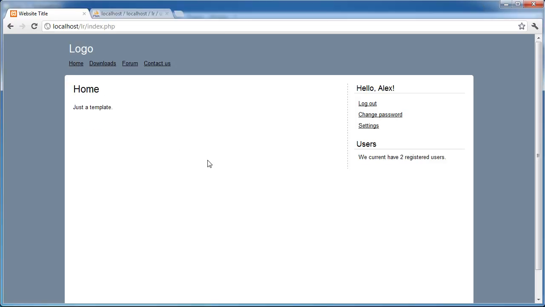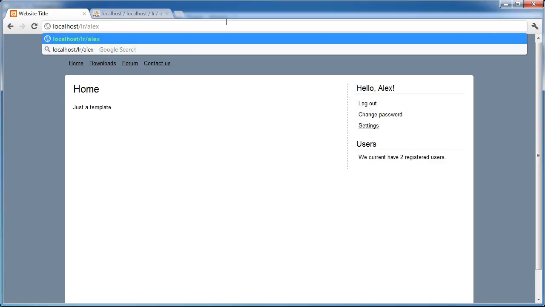Return to the home page. The first thing we need to do is build up the profile page. I'll explain a bit about how it's going to work, and then we're going to create the ability to access different users' profiles like this. So you can see that my username is Alex. That's how I log into the website. So if I want to access a profile, I just do slash whatever page we're on. So it will be